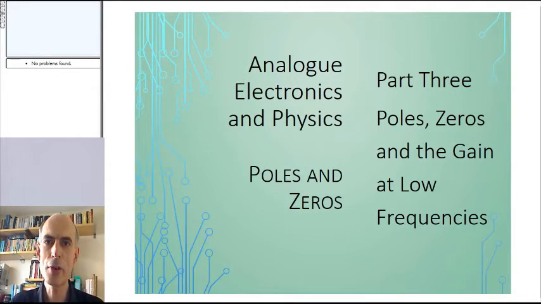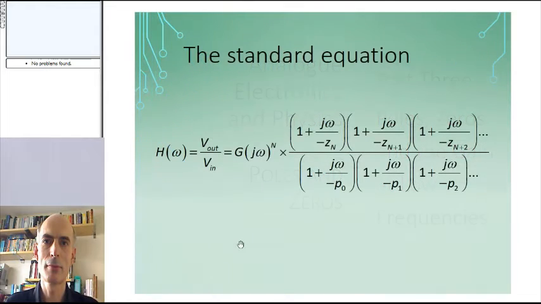Hello, and in part 3 we're going to look at this standard form equation for frequency responses in a bit more detail. This is the standard form of the equation that we've derived. The frequency response is g times j omega to the power of n, where n is the number of roots